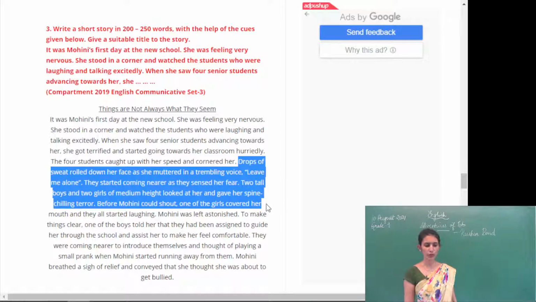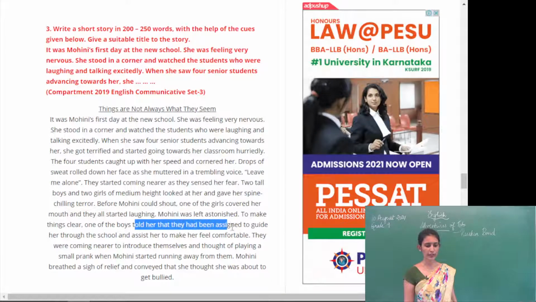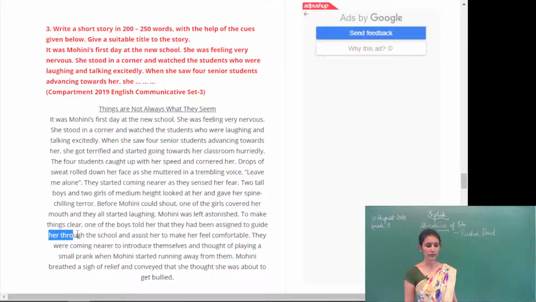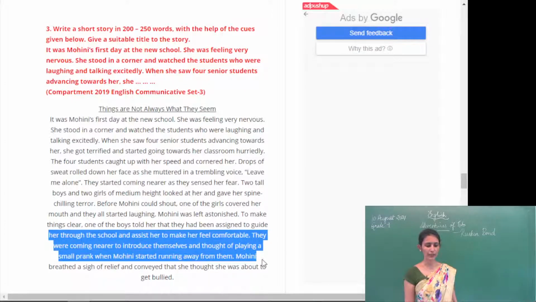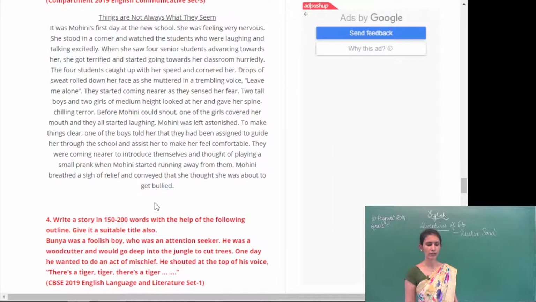Before Mohini could shout, one of the girls covered her mouth and they all started laughing. Mohini was left astonished. To make things clear, one of the boys told her that they had been assigned to guide her through the school to assist her into making her feel comfortable. They were coming nearer to introduce themselves and thought of playing a small prank when Mohini started running away from them. Mohini breathed a sigh of relief and conveyed that she thought she was about to get bullied.